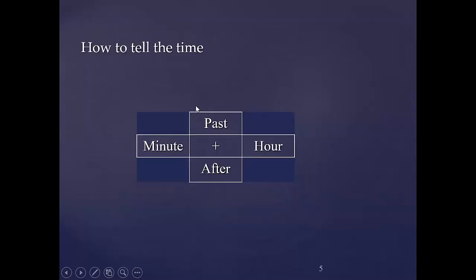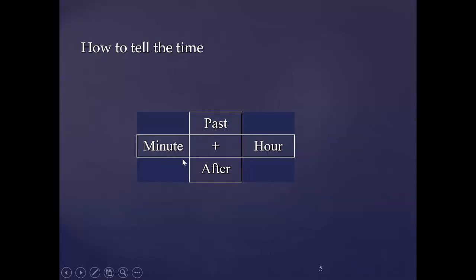Now, we'll get a little bit more specific. How do you tell the time? Okay. So there are two ways. There is the way that a lot of people use, and there is another way that also a lot of people use, but obviously you've got to be prepared for both, because if you ask for the time and someone uses either one, you should be prepared and not have to ask more questions. So this way right here, we use the minute first. We're used to saying 7:15, 8:18, so we use the hour first, but here we use minute first. So minute, and we either say past or after hour, okay?